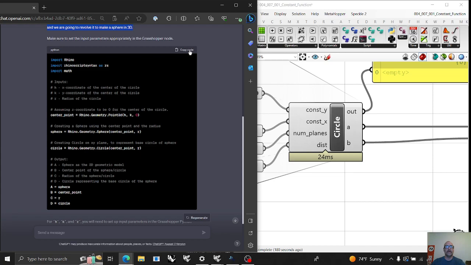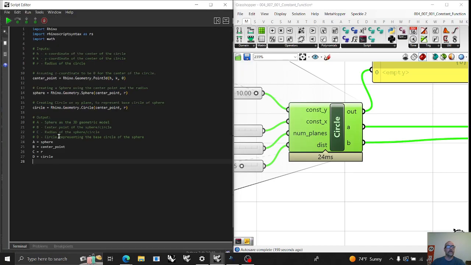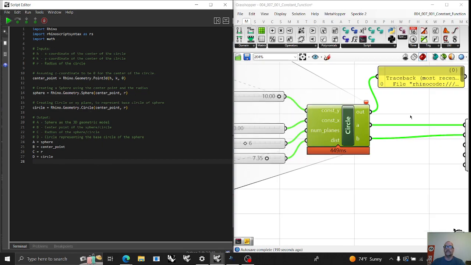I go in here and I copy this code. I go over to here and I put it in. And now I take a look if it's given me any advice. If it hasn't given me all the advice, and it's not going to run initially because it's missing some of that data and inputs,